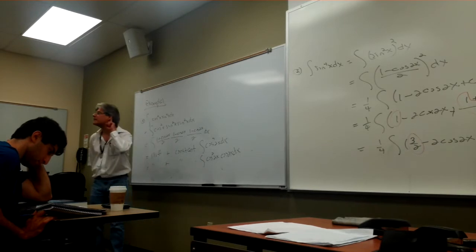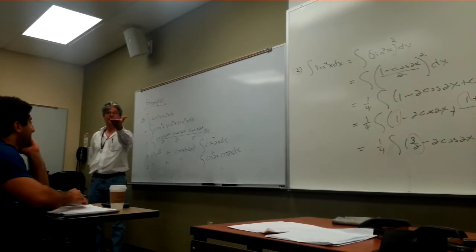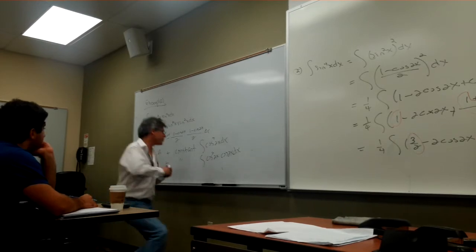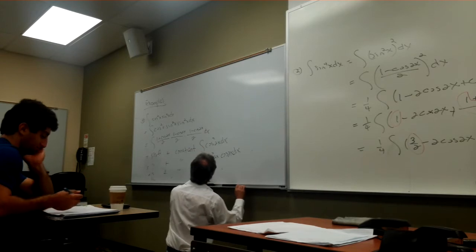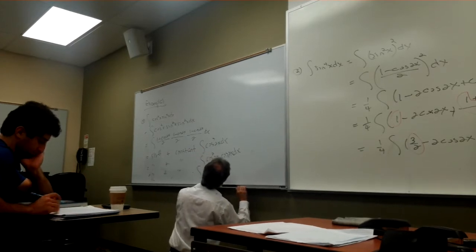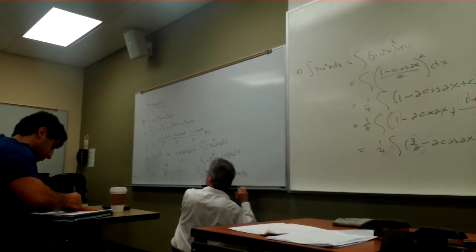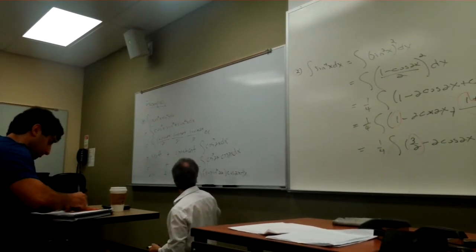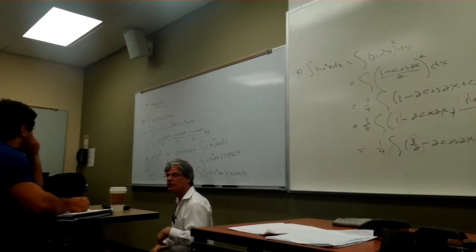You can't until I apply an identity. Oh, you know what you could do? You could do 1 minus sine squared of 2x. So that equals stuff plus constant times the integral of 1 minus sine squared of 2x, using my Pythagorean identity, times the cosine of 2x with respect to x. Now you could do u-subs. Basically a 1 minus u squared, piece of cake with a u sub. Do you see his point?